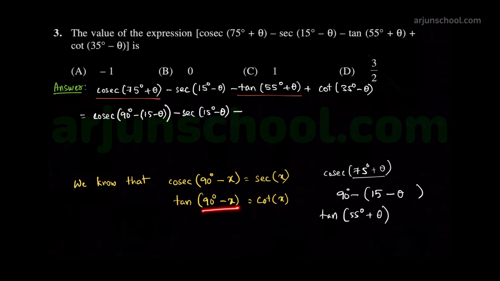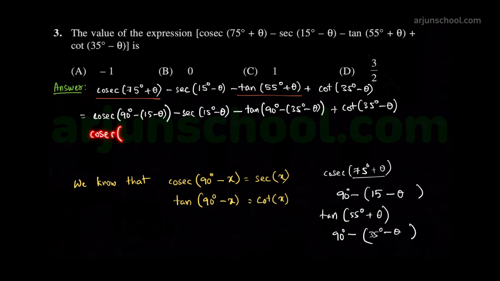How can we write this 55 plus theta in terms of 90 minus x? 90 minus, how do we get 55? 90 minus 35 is 55. We can write 35 degrees minus theta as x. Therefore, tan of 55 degrees plus theta is equal to tan of 90 degrees minus of 35 degrees minus theta plus, and let us write the cot as is, that is equal to,